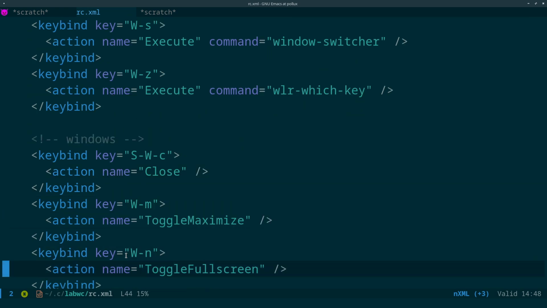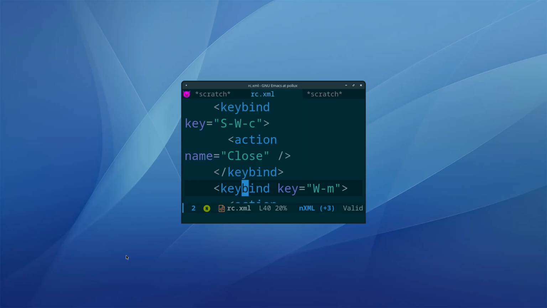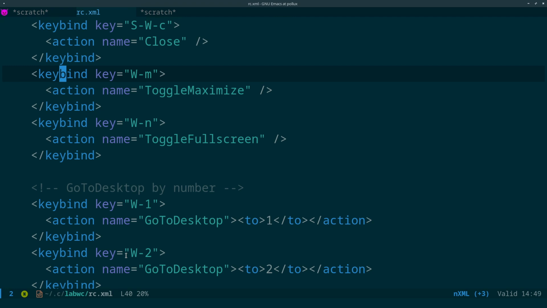The next thing we're going to have a look at is closing windows. I set the key binding for closing windows to Shift, Super and C. You can see here we've got keybind, key, SWC, close. Next we've got toggle maximize, which is Windows and M, and Windows N for toggle full screen. I keep those two keys close together, and it's easier than using things like function F11 to go